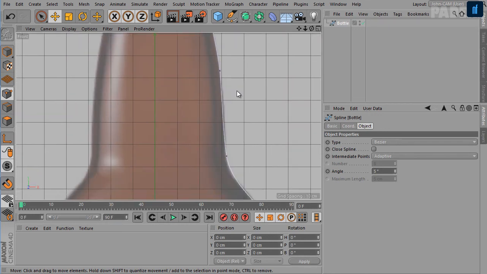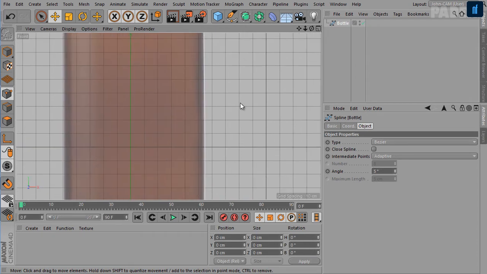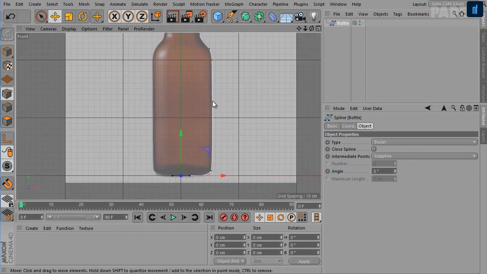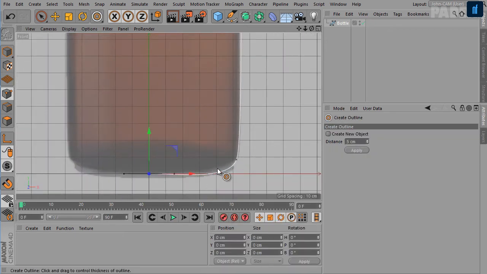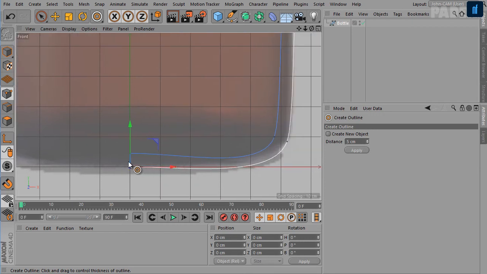Okay, now we need to create the outline for this curve. So right click and then choose create outline, and click and drag to create the outline here. But by default Cinema 4D creates a closed shape, and we don't need that.